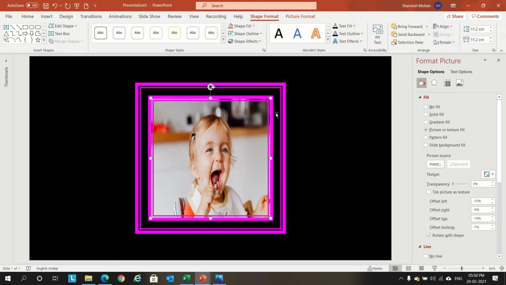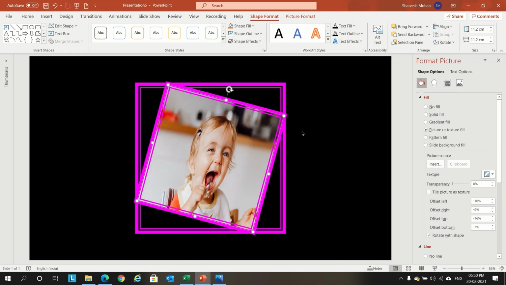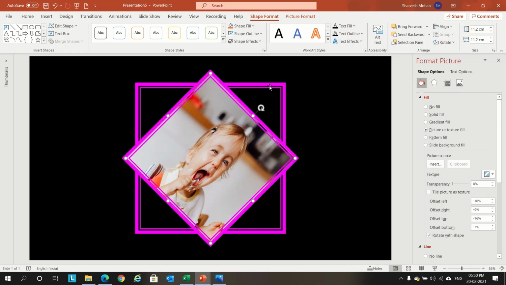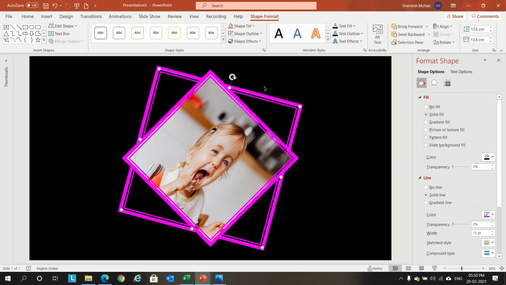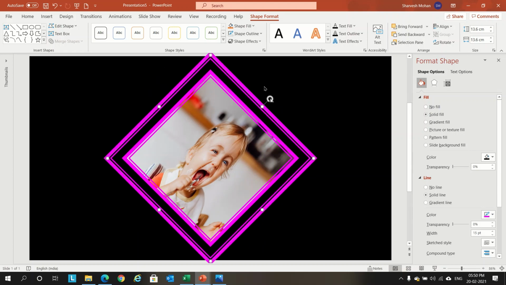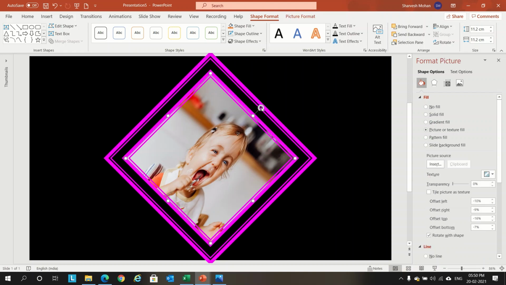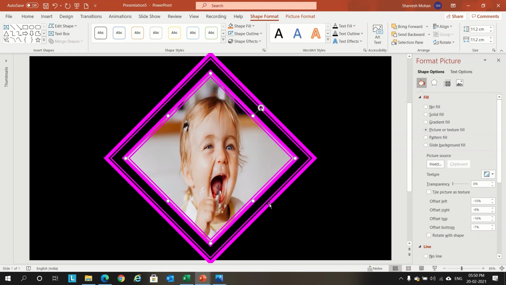I just wanted to tilt this shape by 45 degrees. Just click on this button, hold the alt button and press right arrow. It will be tilting like this. Again, three times. Similarly, alt button, right arrow, alt button, right arrow, 1, 2, 3. So this will give this image, it's tilted. There is an option called rotate with shape check button. We have to uncheck this button. Then we have got this shape like this.